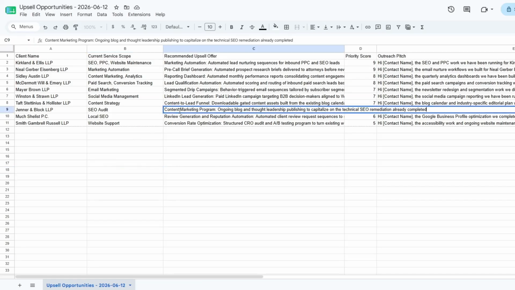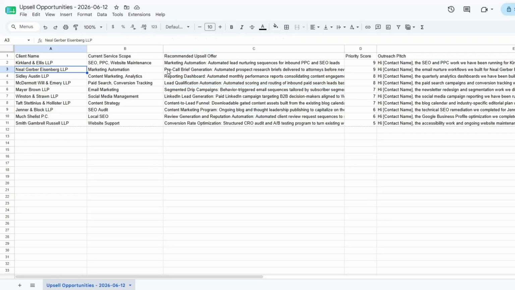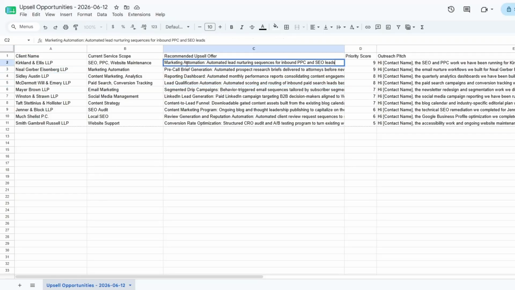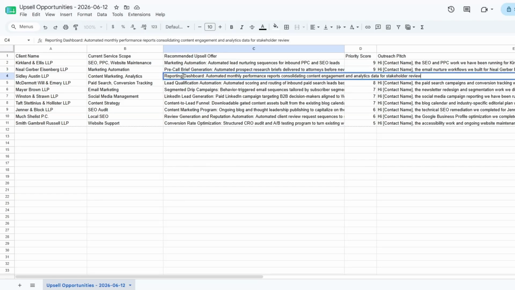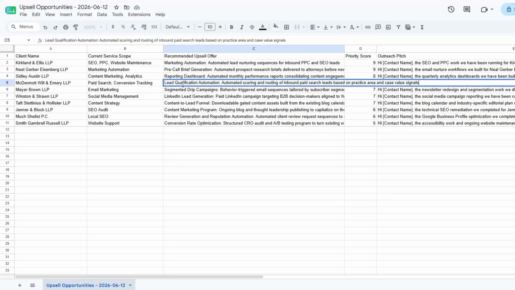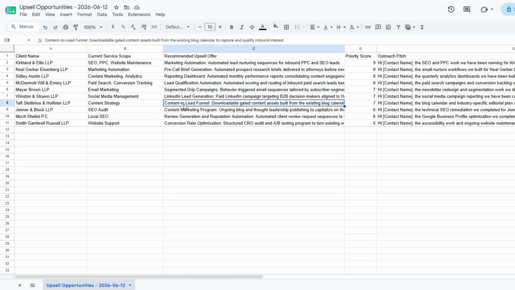preview our upsell offer for each of our clients. So for these clients, we're offering them marketing automation. We'd like to upsell them on an automated lead nurturing sequence for inbound and SEO leads. This one we can upsell on an automated prospect research briefs system. This one on a reporting dashboard. This one on a lead qualification automation. This one on a segmented drip campaign, LinkedIn lead generation, content to lead funnel, content marketing program, review generation, reputation automation, and this one a conversion rate optimization